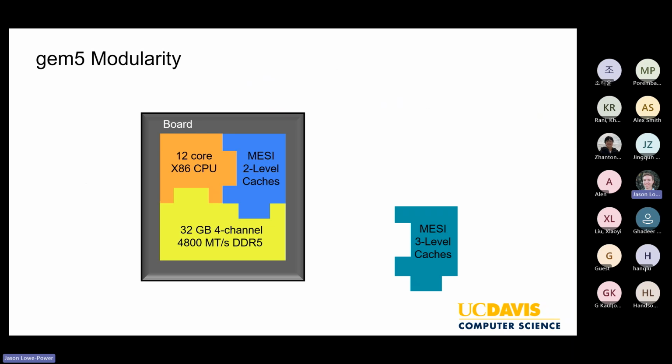Cool. So let's talk a little bit about modularity. gem5 is known for modularity. Mainly, say the library gem5, if you're using it. Let's say you have this board and it has these characteristics. So you have a 12-core x86 CPU and you have your mid-level cache and whatever memory you want to